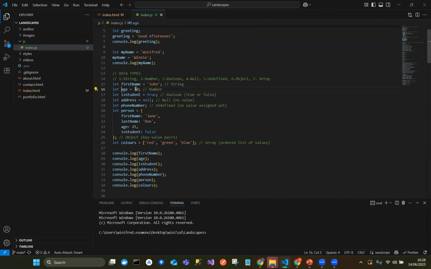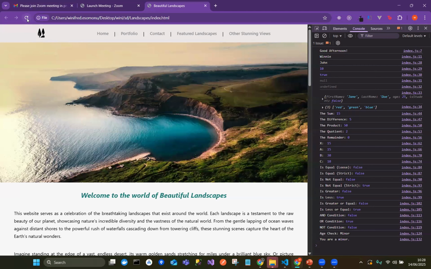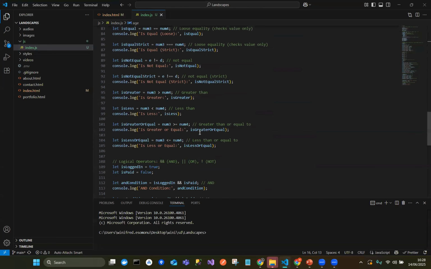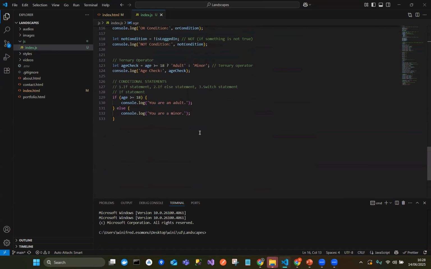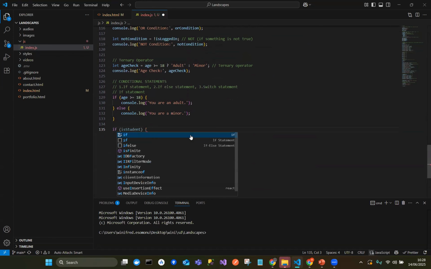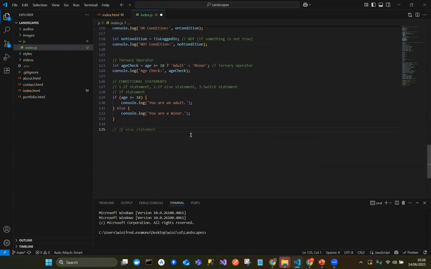So anything you change it to, whether you change it to 96, it will just check, is that age greater than 18? See, you're an adult again. So you see the logic, they are just conditional statements where you write a statement based on a condition. Age is the condition. The condition is that if the age of the person is greater than this, do this. And it's the same thing they use in JavaScript where, you know, you can greet somebody good morning or good afternoon. I can do something like if, I can say